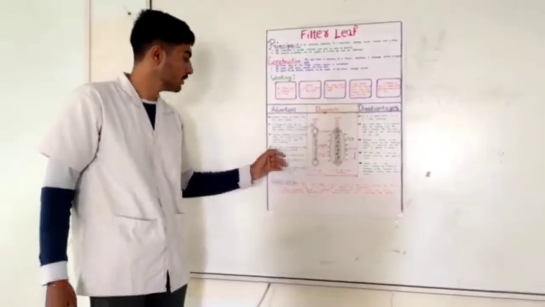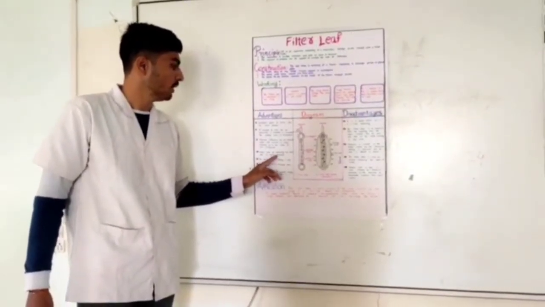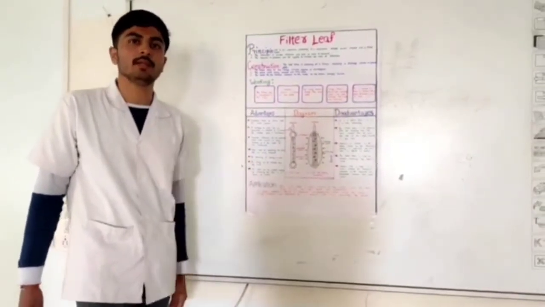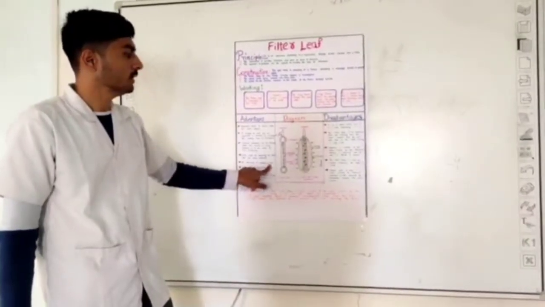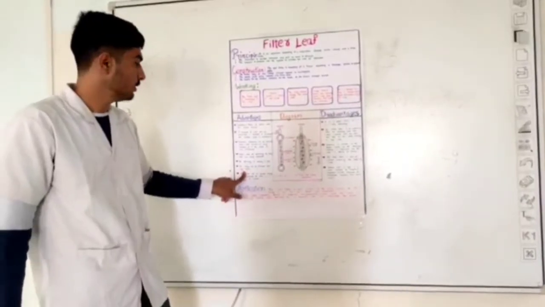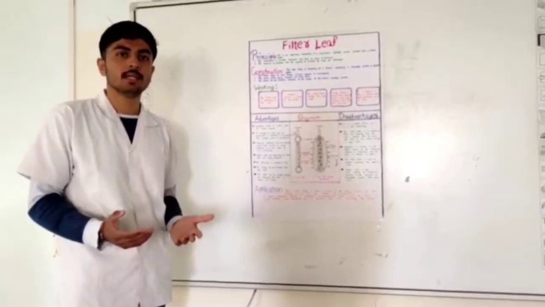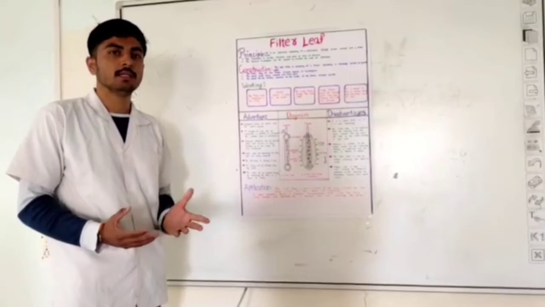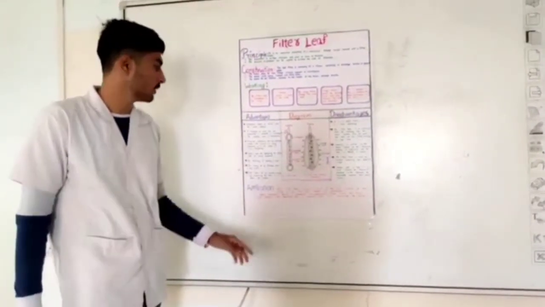That is, as we apply vacuum here, we can also apply pressure or vacuum both for enhancement of the process. Now the labor costs for operating the filter leaf are fairly moderate. That is, labor is also required in this, but the labor cost is quite convenient compared to other filters. The efficiency of washing is high, that is, washing is easy in this filter. The slurry can be filtered from any vessel. That is, we can dip it in any vessel in which the slurry is contained. It doesn't matter much. Just we have to dip this whole unit.